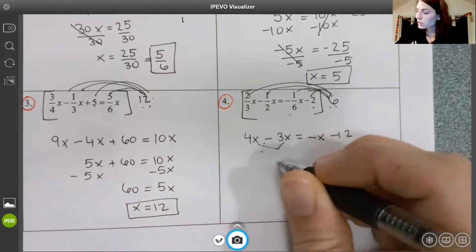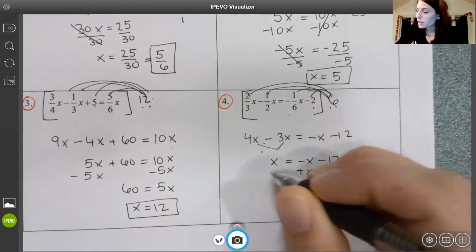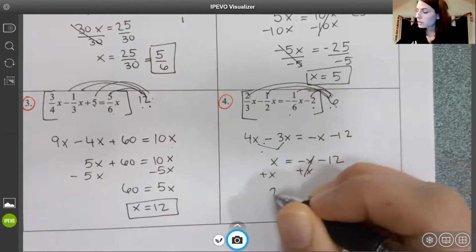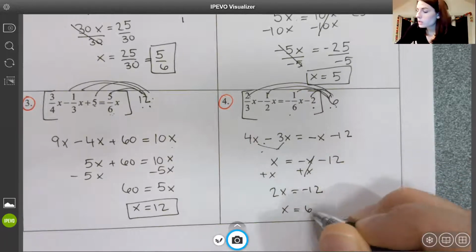Combine like terms here gives me x equals negative x minus 12. Add x to both sides, and I get 2x equals negative 12, and divide by 2, and we get x